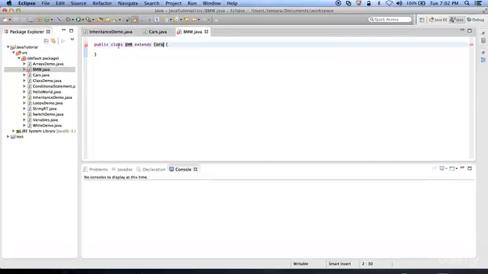In my BMW class, we need to define a constructor for this also. It just says the constructor is not defined because it extends the superclass. So public